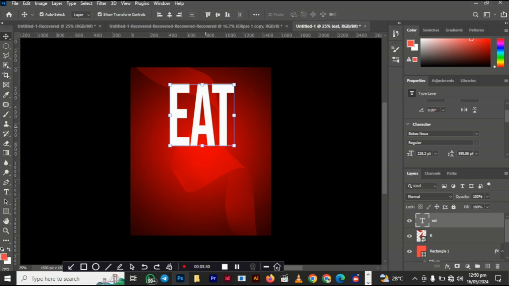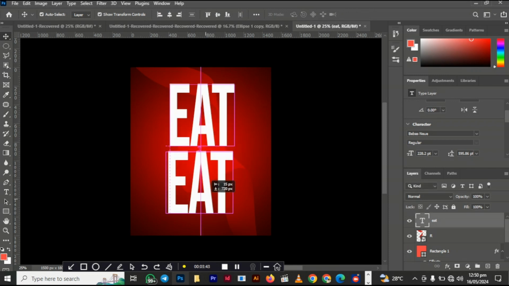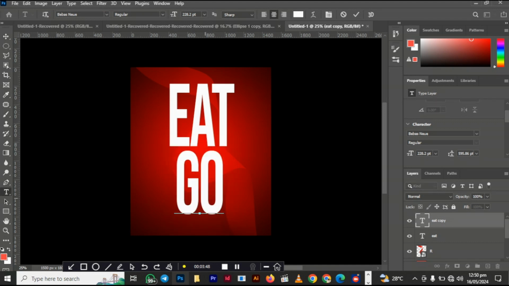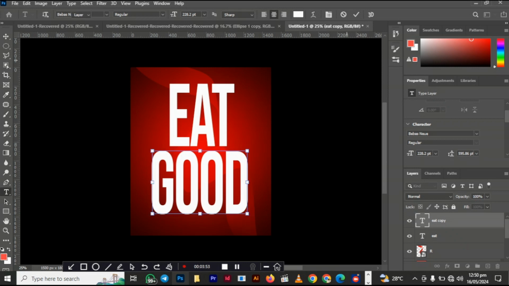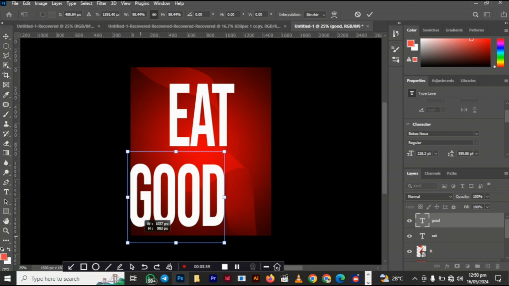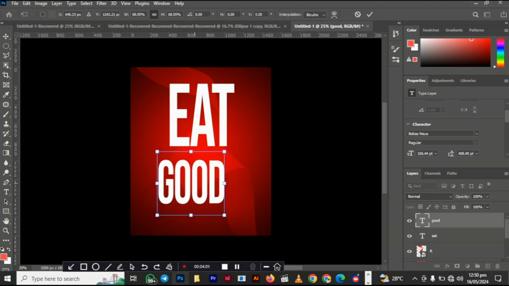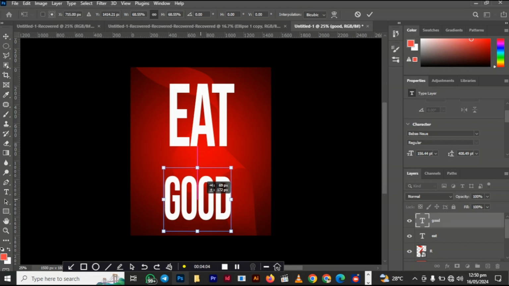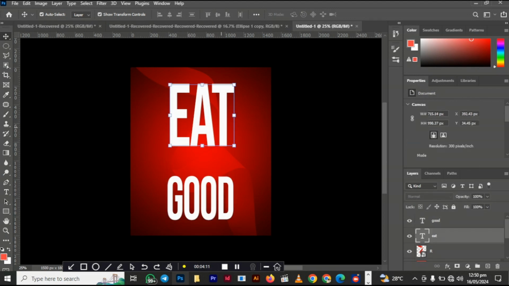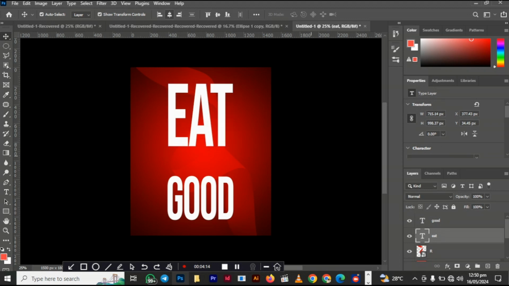The next thing is the "good". Eat good. You can choose any word. You can have your choice of word. Someone can say eat healthy, someone can use anything. But I'm saying eat good. So I'm using this word. Reduce the "good", lower it a little bit. Make sure to center it. The alignment I'm using here is center alignment for the words. Okay, so I'm done with